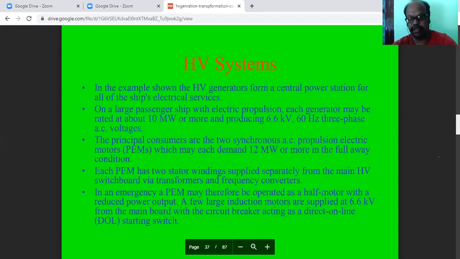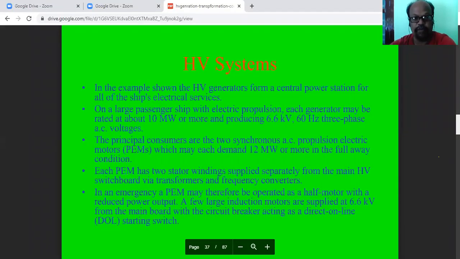If we use the Indian motor, then obviously we have to go for a power electronic system or any bus bar arrangement which is a 50 hertz system. If it is a foreign ship or foreign company where they design and manufacture, that has to be with a 60 hertz supply.